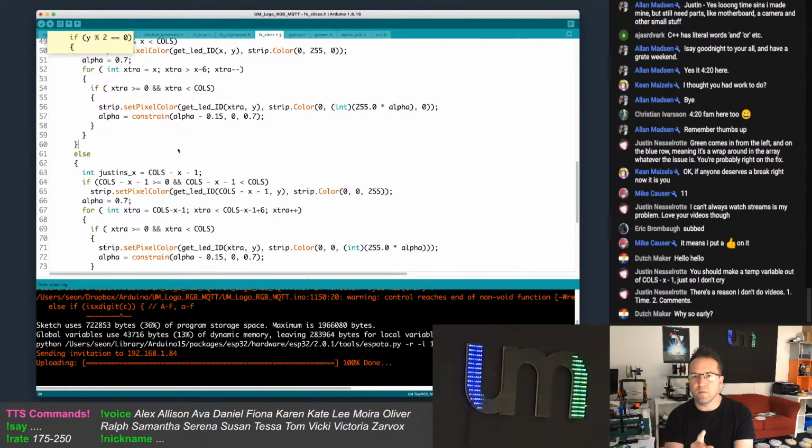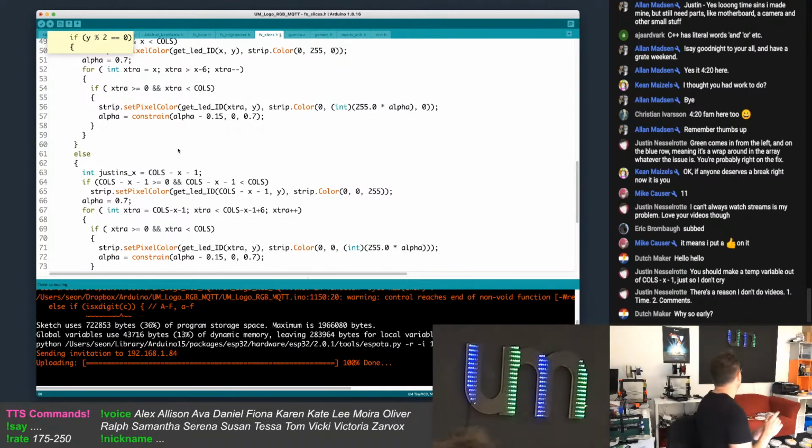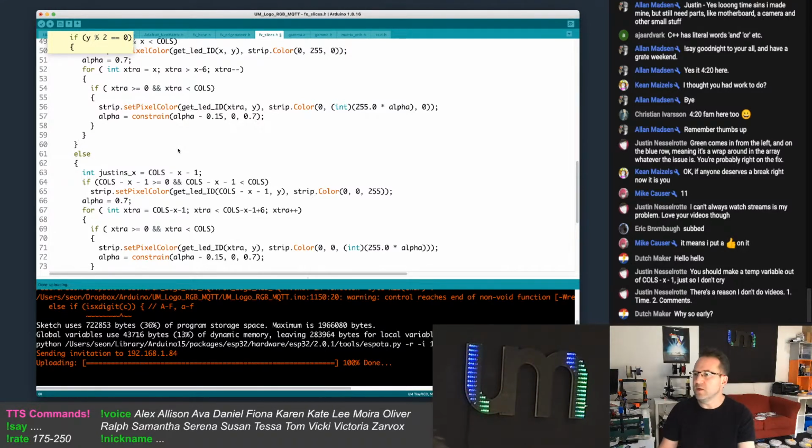Okay, that's now going to the end and pausing. And it's not wrapping, but it's supposed to continue. It's supposed to still continue going off the edges.